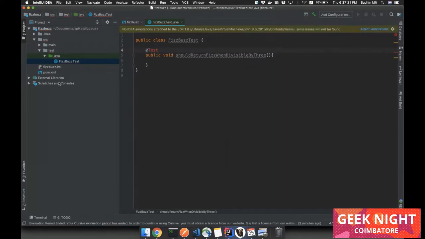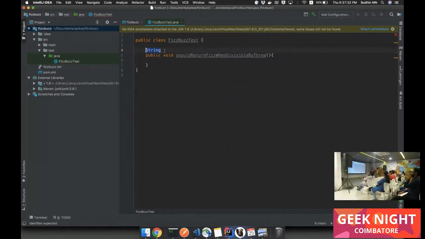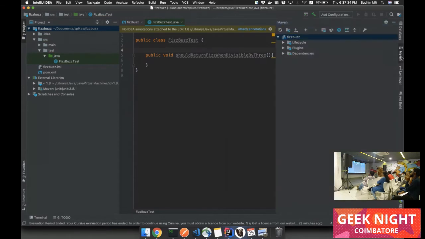Where? It's there. I think JDK is there. You can see JDK is there, and it's not able to resolve the dependencies.